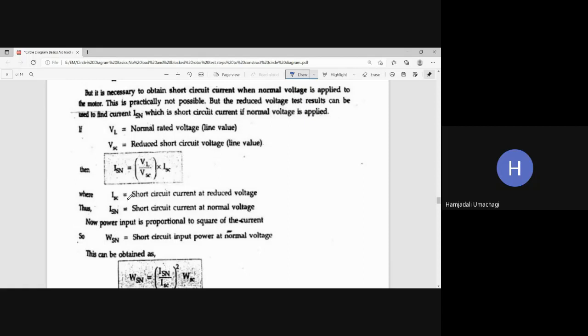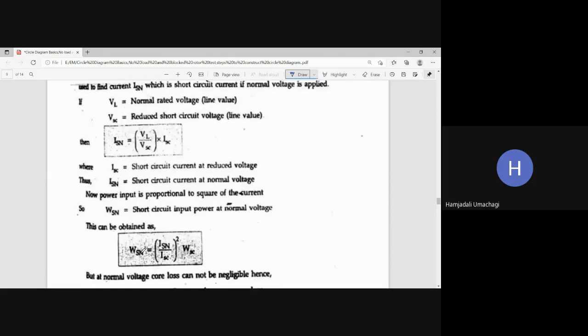So WSC is the copper loss for reduced voltage, but we want it for normal voltage. So now convert that short circuit information which is there for reduced voltage to the normal voltage. Now WSN is the short circuit input power at normal voltage, and